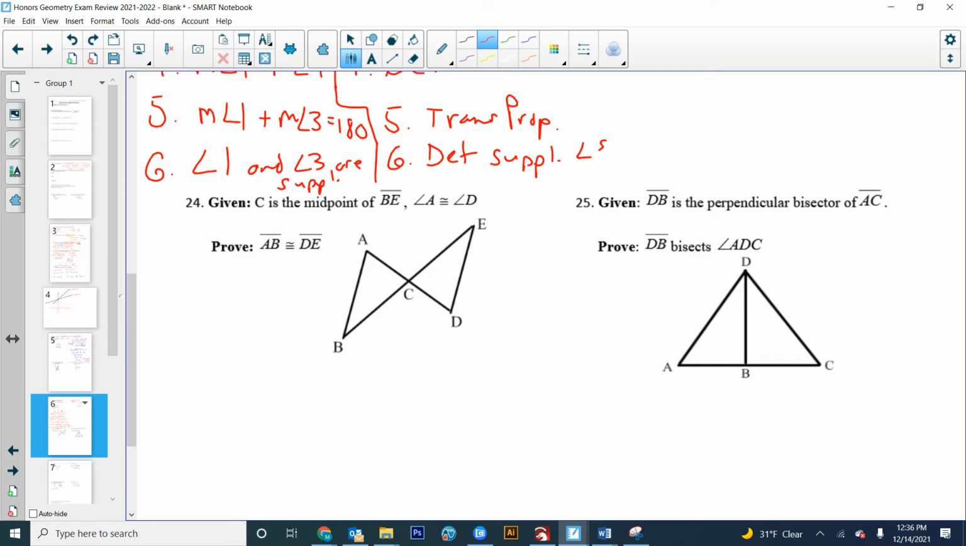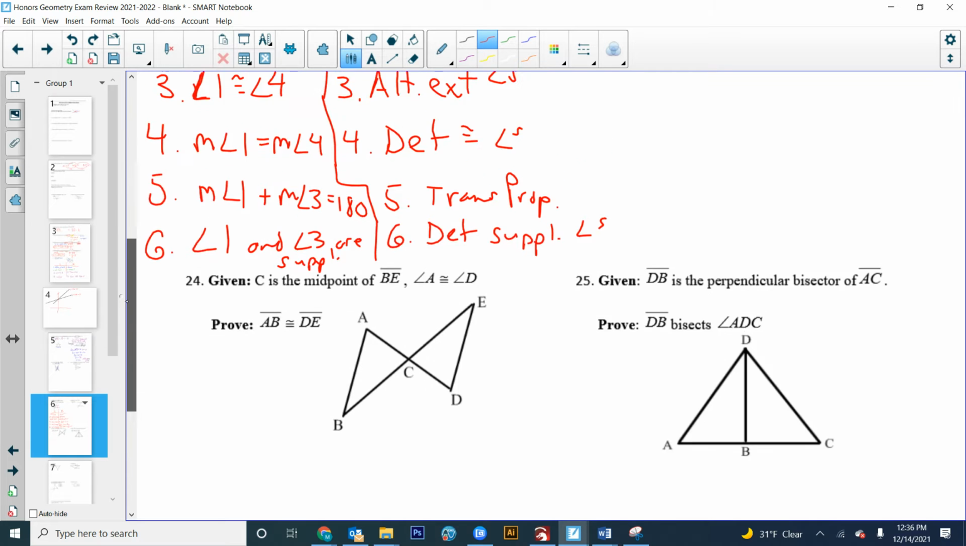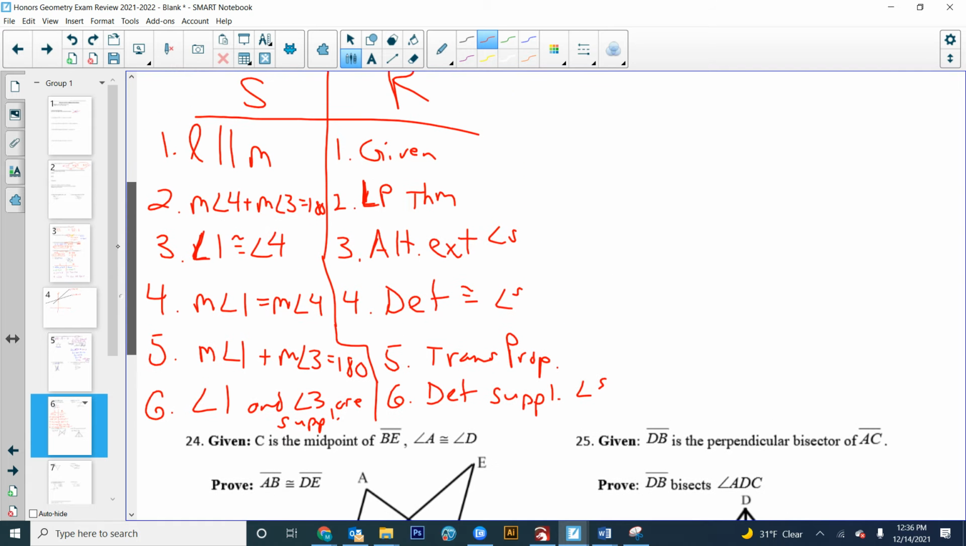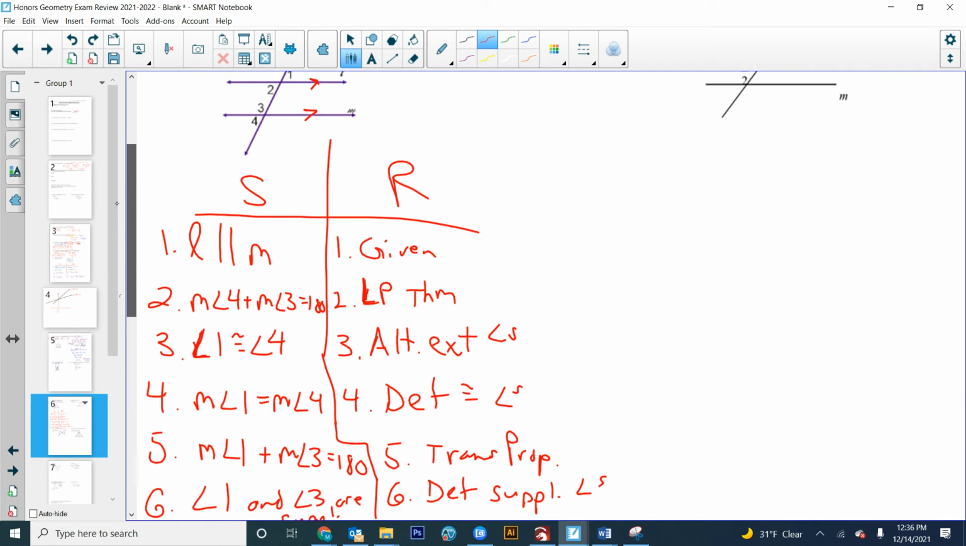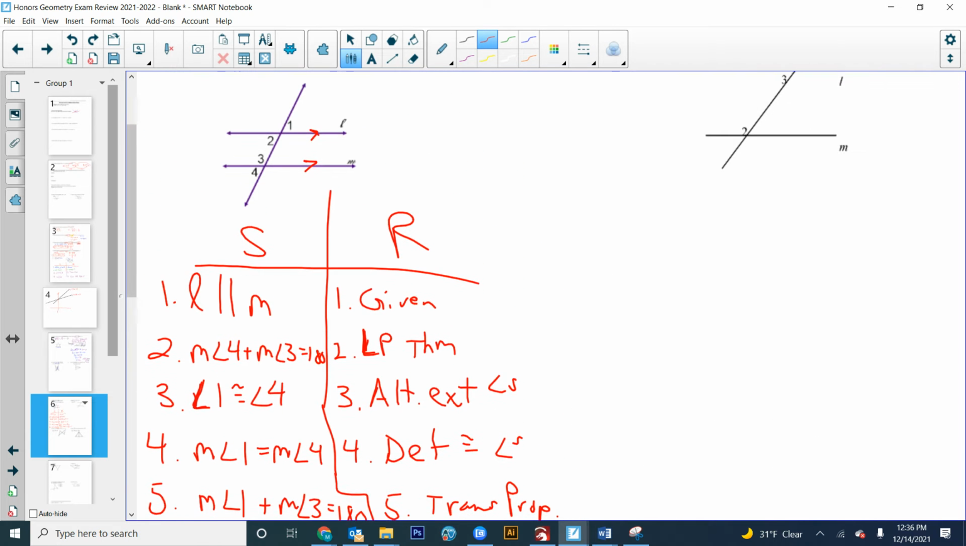Curious, what did she put? Did she have it differently? Actually, I think I might have printed off the key. Gotcha. Okay. She went consecutive interior, it looks like. She went the consecutive interior angle route. She did 2 plus 3 equals 180 because we know the lines are parallel. And then